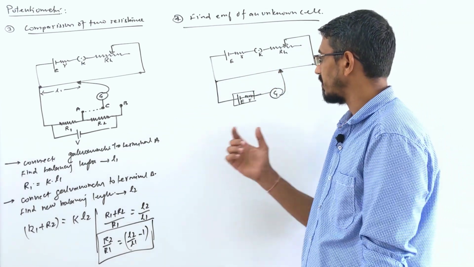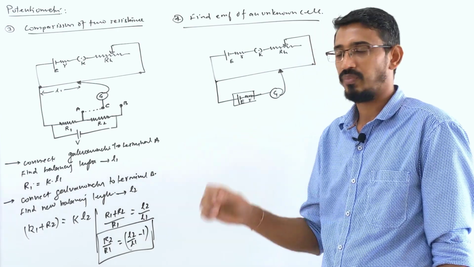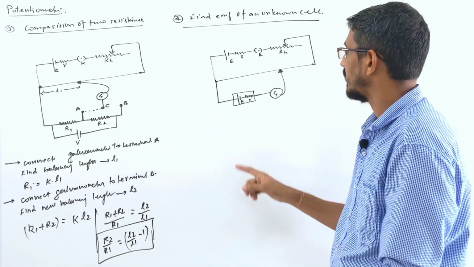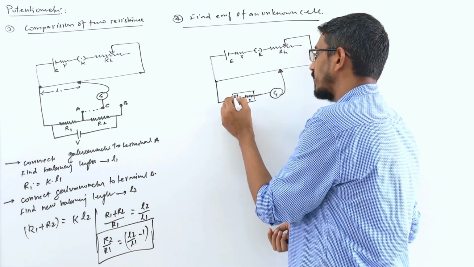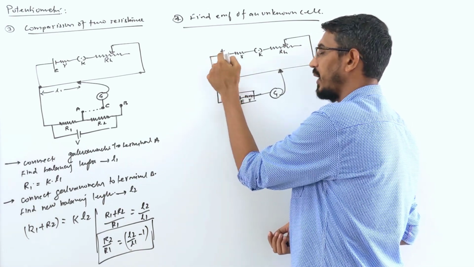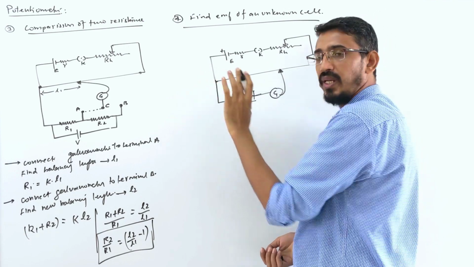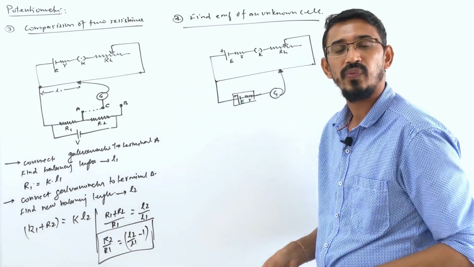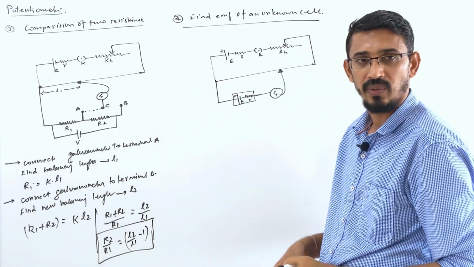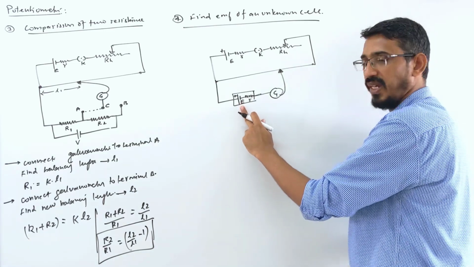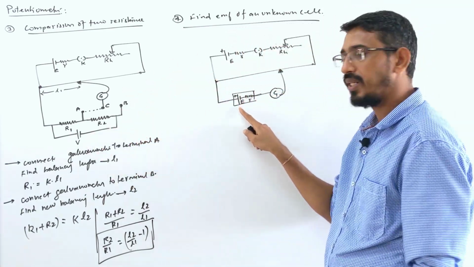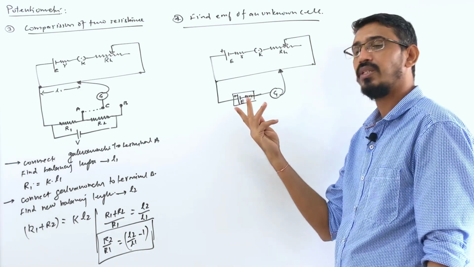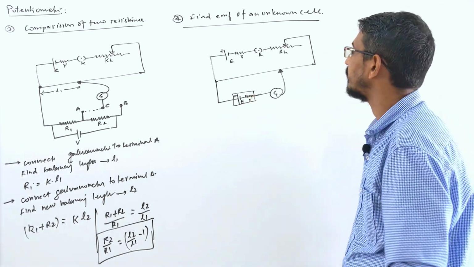Also remember, this is very, very important. In all the questions that I have done here, see the battery's connection. Your positive terminal is always on this side. This battery and this battery, the positive terminals should be connected together. Otherwise you will not find a balancing length, and the answer will be wrong. So be careful about this. In this last case, the connection of this battery is very important. If you write it opposite, it will be wrong.